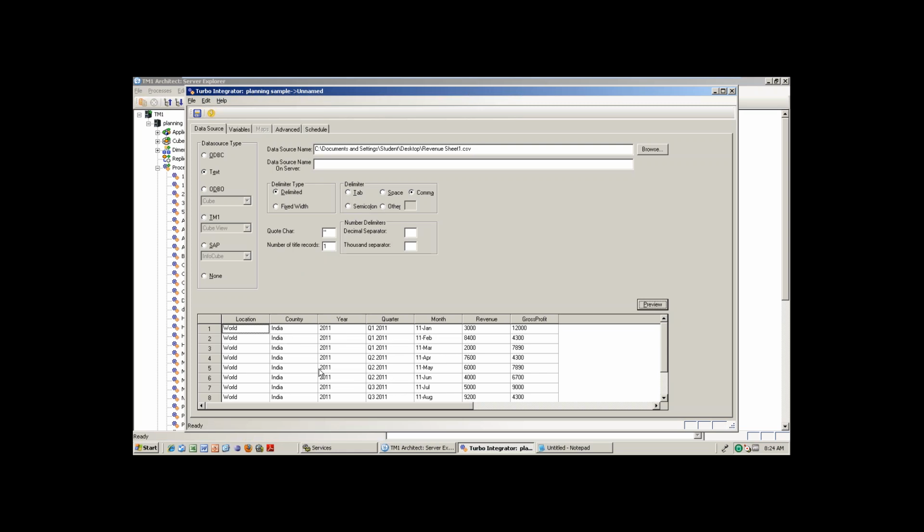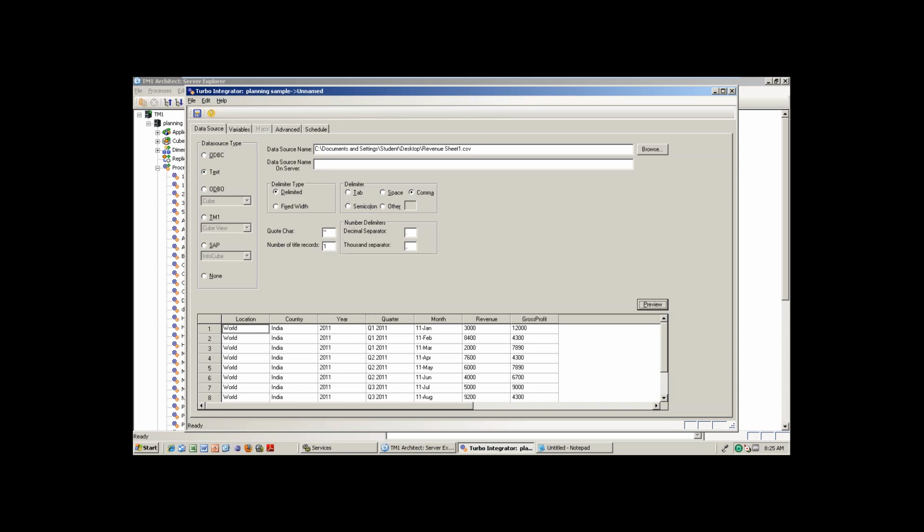And if you want the decimal separator, it is dot, and the thousand separator is comma. So you can see like this when you are going inside. This is one very important thing: whether it is a tab delimiter, space delimiter, comma delimiter or semicolon delimiter. So I got the data. I am able to take the CSV data and see it here.